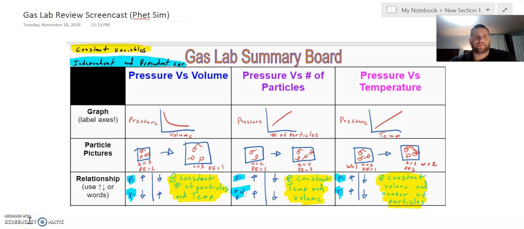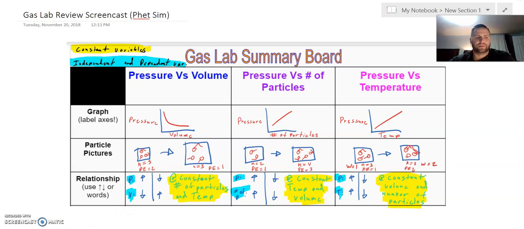This is the Gas Lab Review screencast. The purpose of this video is to give you a synopsis of the three pressure labs that we performed in class. This video is not a replacement for performing the labs physically or watching the screencasts that are actually located on the YouTube channel, which go over graphing and even more specifics as to the data collection. Again, the purpose is to give you a wide-eyed angle of the information that we collected through three pressure labs